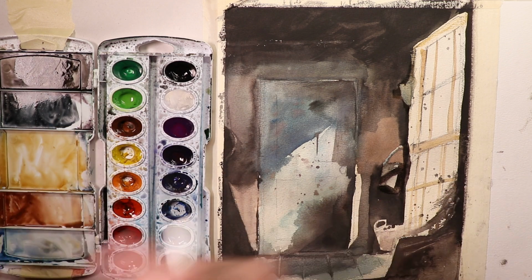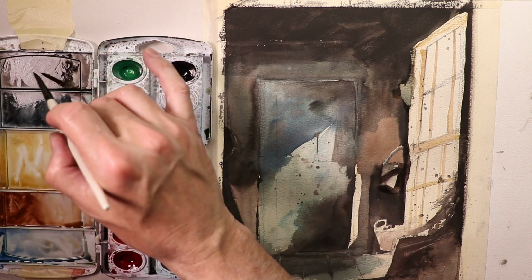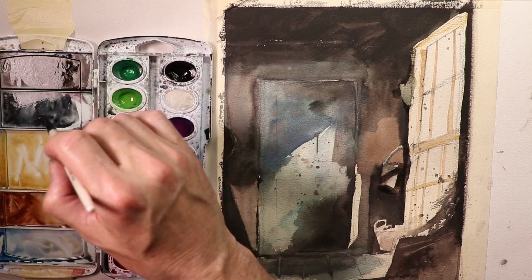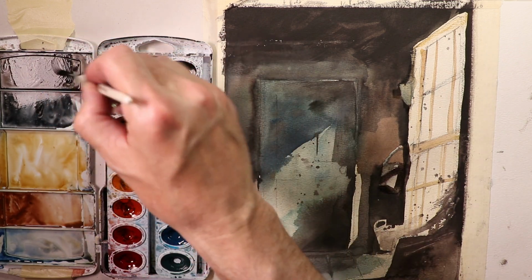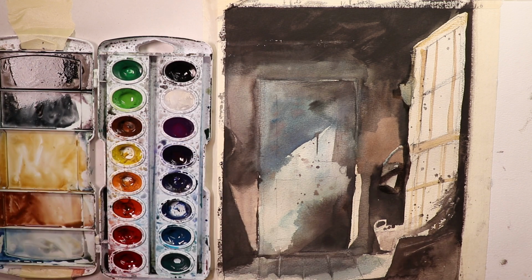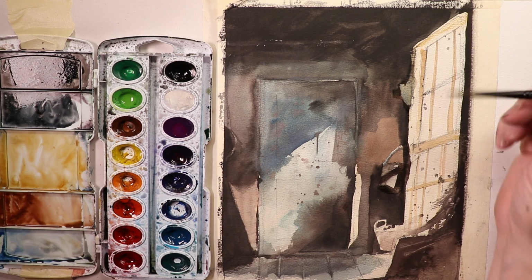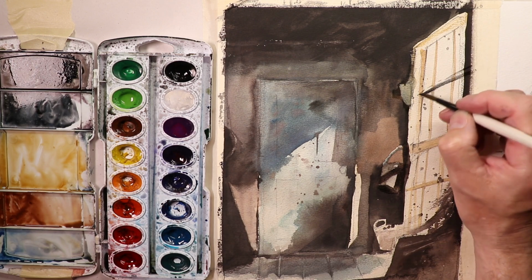So if you're working with my standard palette, those of you that work on my standard palette all the time, this would be a Payne's gray here, and this would be your ivory black, which is a warmer black. And this is a cooler black with more blue in it. So these two you can use to do your final washes along here like that. So you're just going to do some final